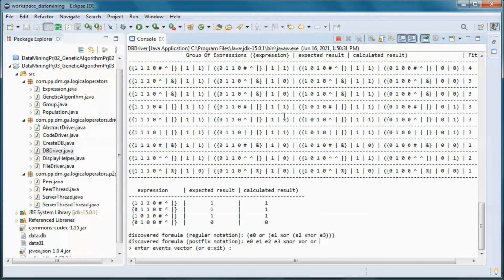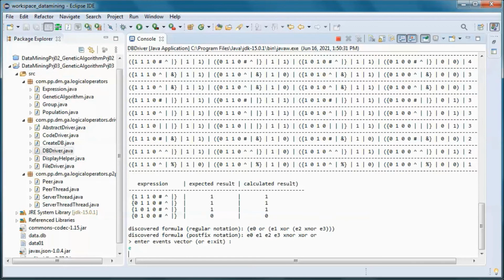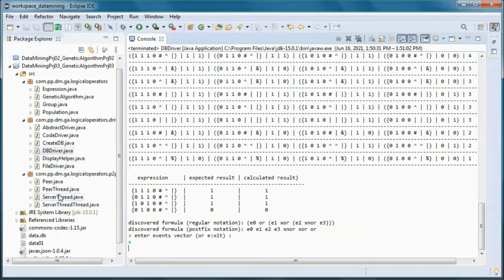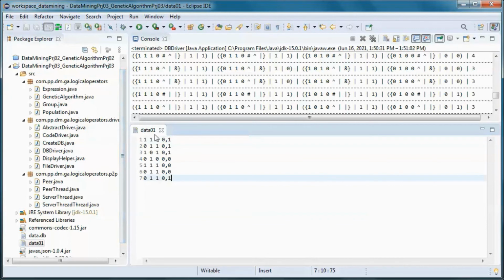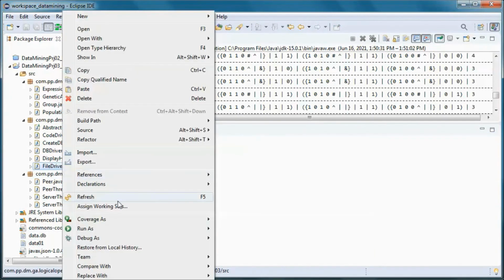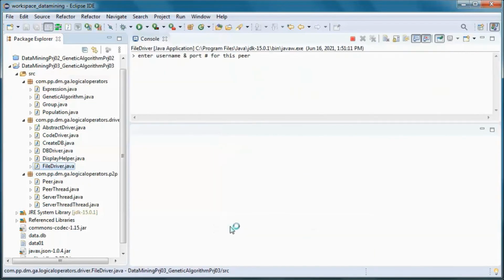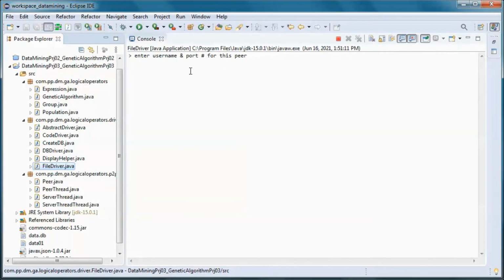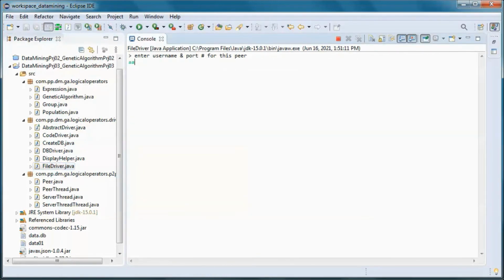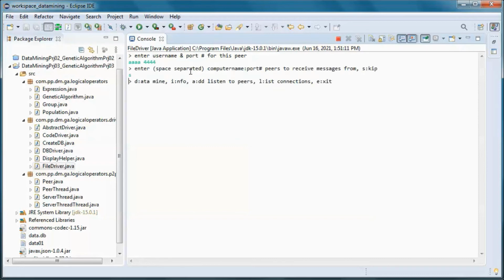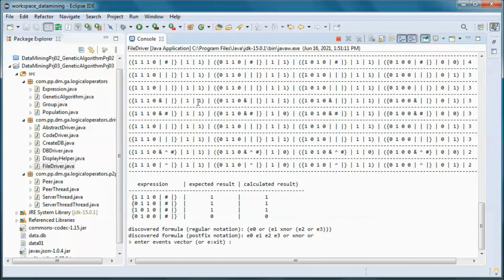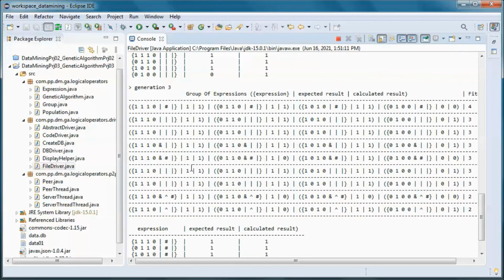And let's do the one coming from 5. And here we go. We found this formula in postfix notation and this one in regular notation after 3 generations.